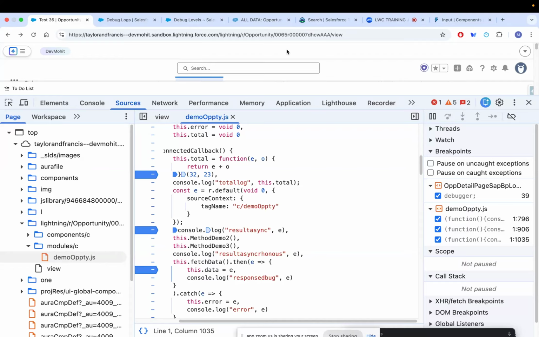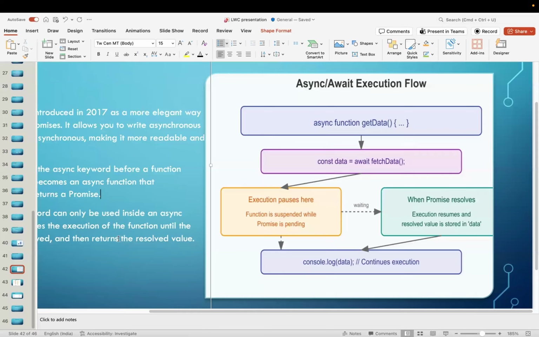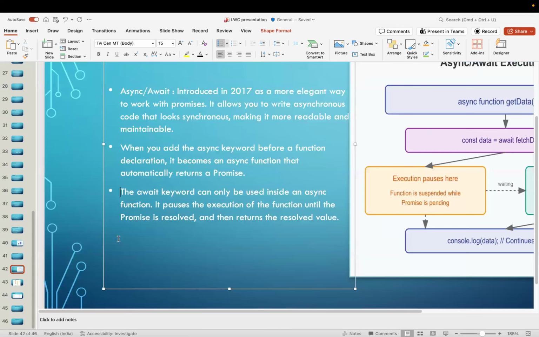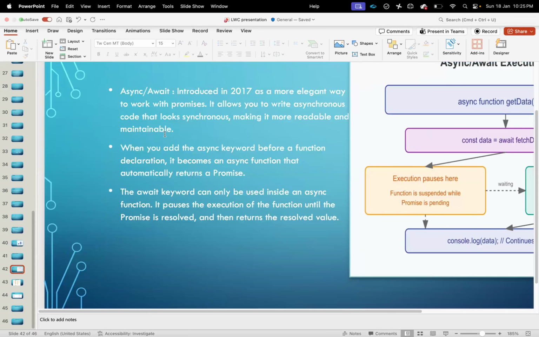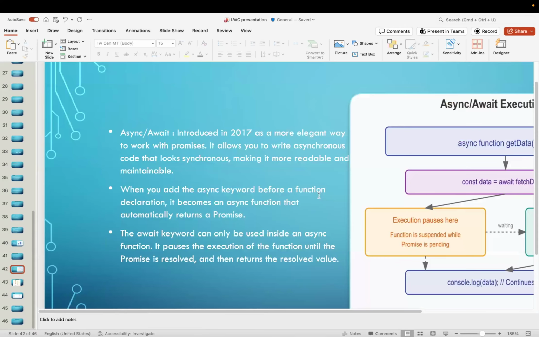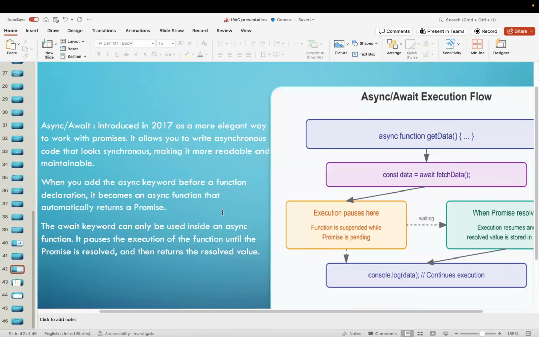So that's the thing. This is about async await, and I think we have crossed time. So we'll be continuing on this async await tomorrow or in our next session if you want. I have a couple of scenarios for this async await where this will be very useful. I'll be sharing those two use cases in our next session, where I'll just give you a brief intro about